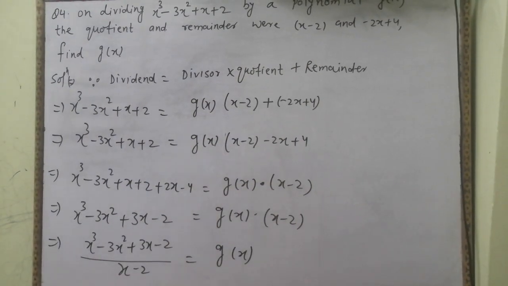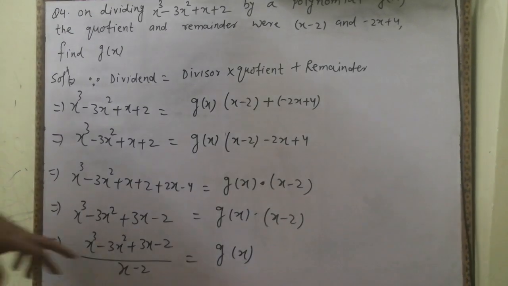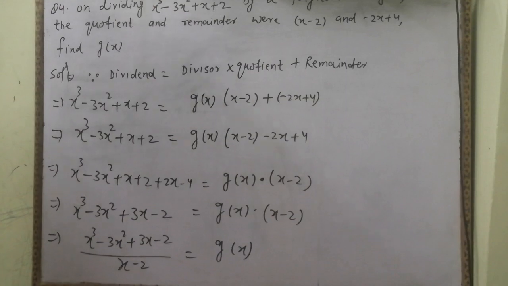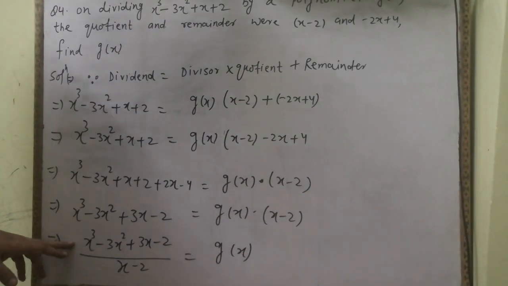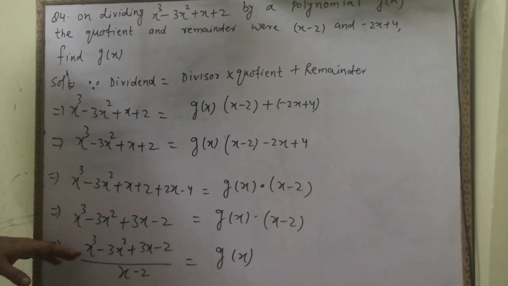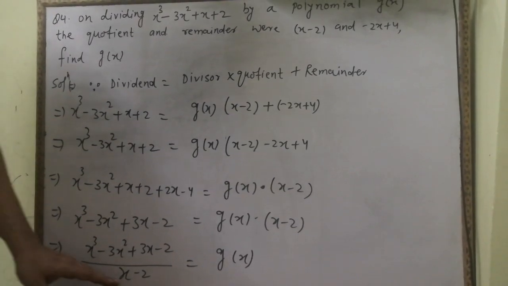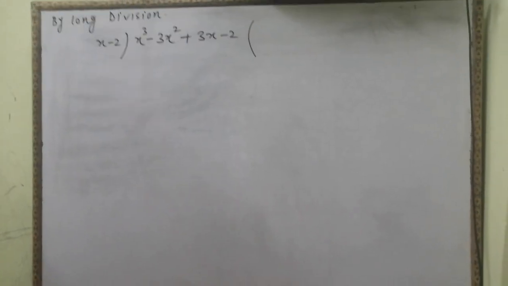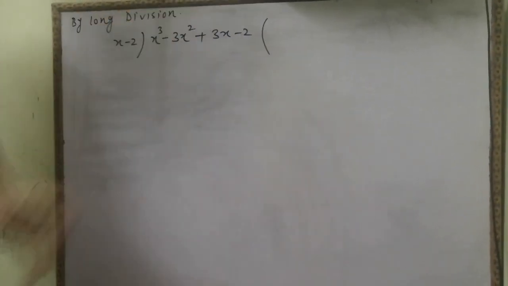From now things are going to be clear: we will find g(x) when we divide this polynomial by x minus 2. It is almost clear. You have seen that this relation also shows that when you divide this polynomial by x minus 2 you will get g(x). Last portion, from now we will find g(x). Okay,